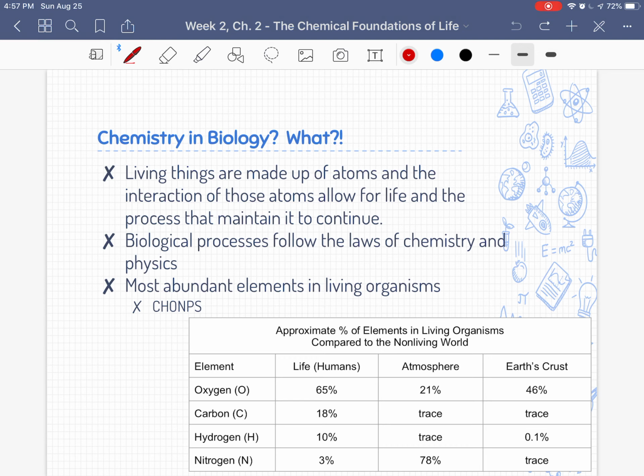But we have to study the basics of chemistry when we're studying introductory biology because all living things are made up of atoms, and atoms make up the molecules that are important to life. They make up the proteins that help to build the structures. So when we study biology, we have to study some chemistry because understanding how atoms and molecules work helps us understand how processes work. So for instance, if I understand what an ion is, and I can take that understanding and apply it to cell transport.